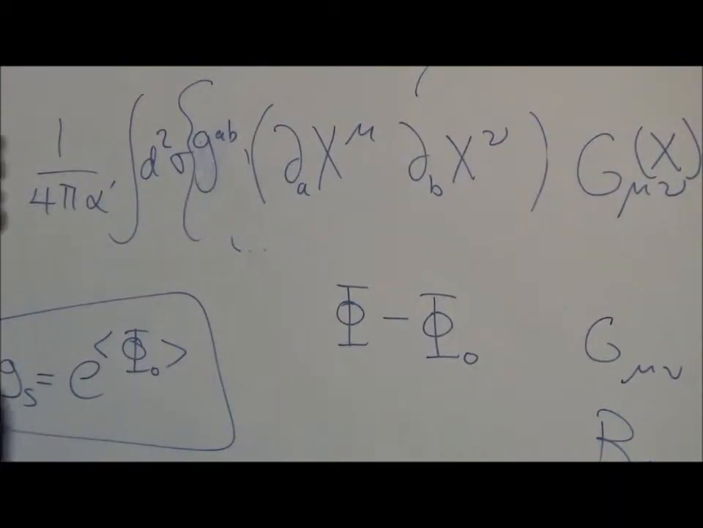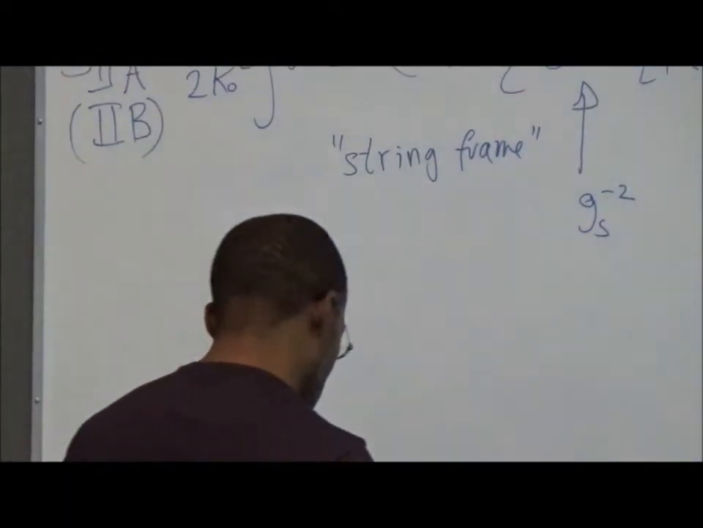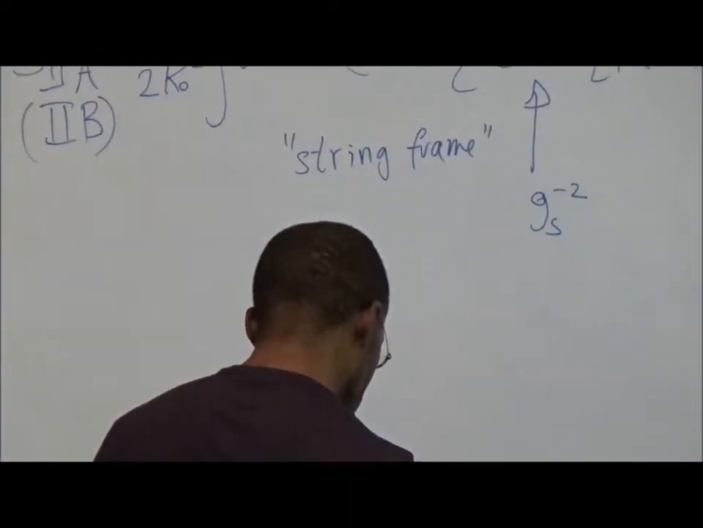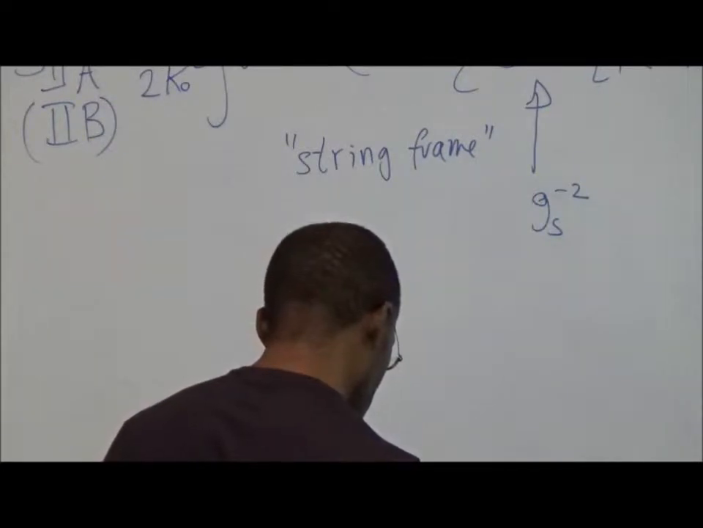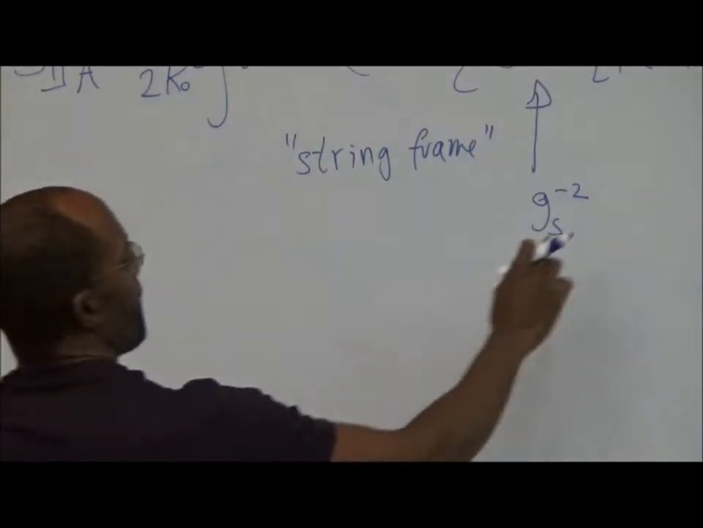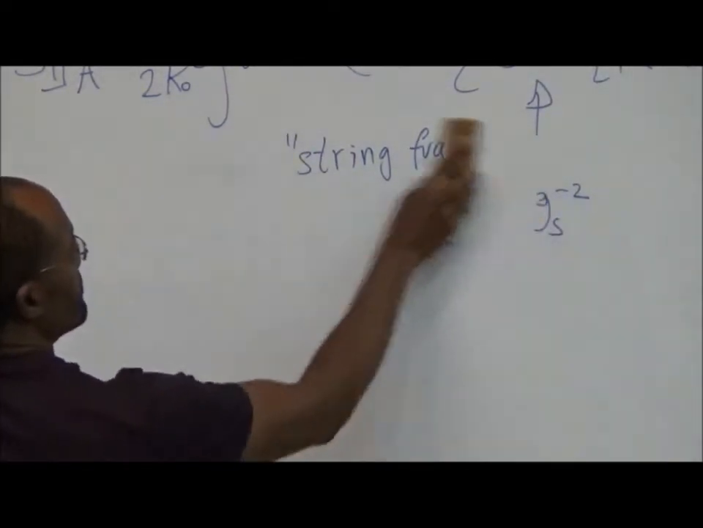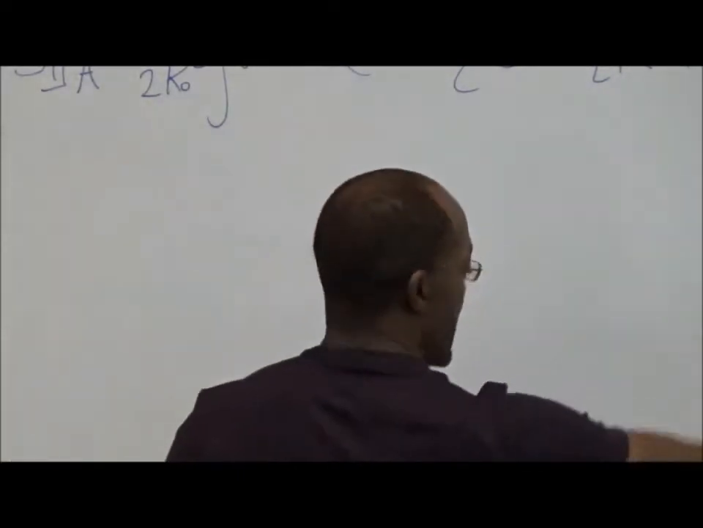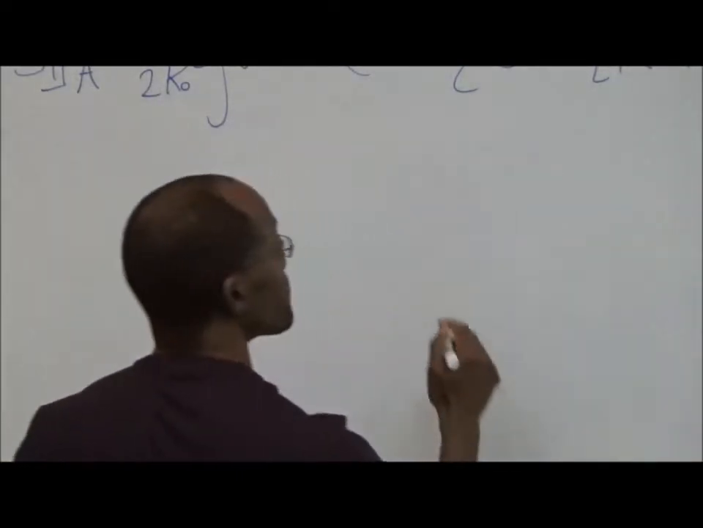In view of the time, I'm going to quickly just tell you the remaining pieces of the actions here, and then we're going to go back to our T-duality story. So for type 2A, I have,